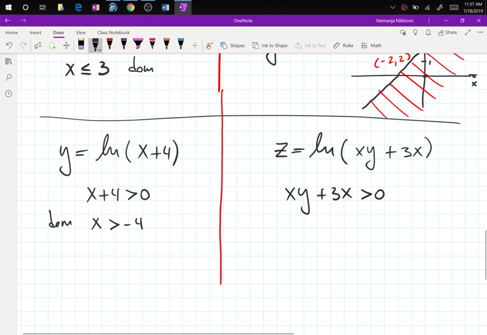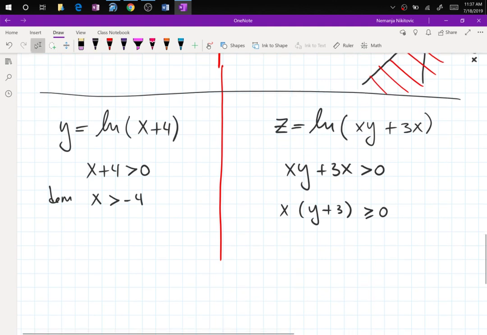Question is, do you want to make this prettier? Maybe you want to. So you will factor out x. You have your y plus 3 larger than 0. And then you realize that if you divide both sides by x, and you know x can't be 0, because if you put x equals 0, then you have ln of 0, and that's where the vertical asymptote is. So x equals 0 is already excluded, like the whole line x equals 0 is excluded from your calculation. So if you divide, you just get y plus 3 larger than 0,